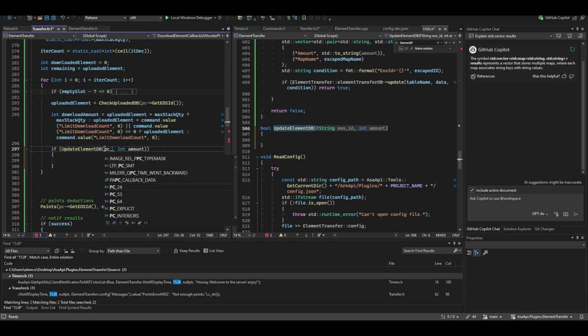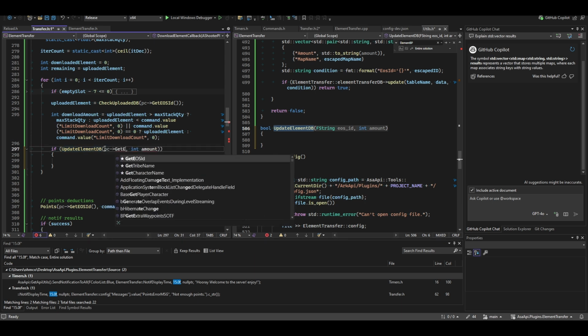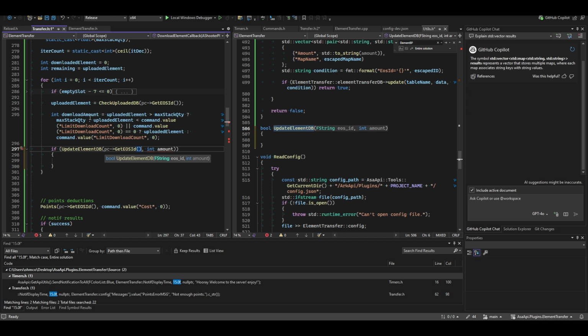PC get USID and then the download amount right there. Okay, then we'll check that if we have a limit upload, check uploaded DB. We do have a limit here. Yeah, we need to check the limit because if we are in a limit,